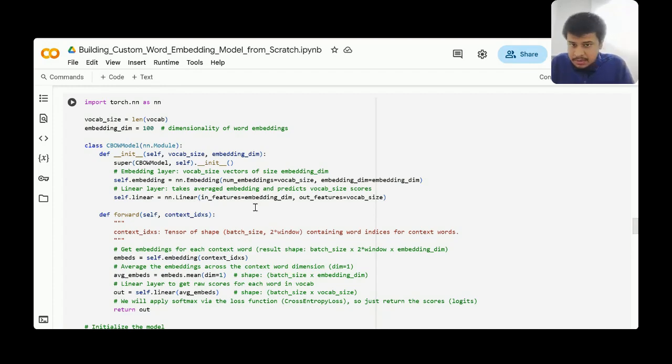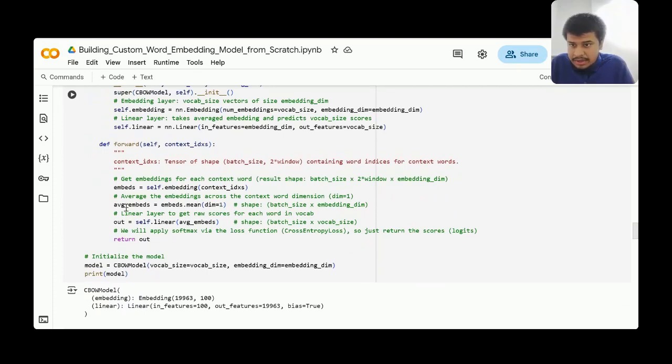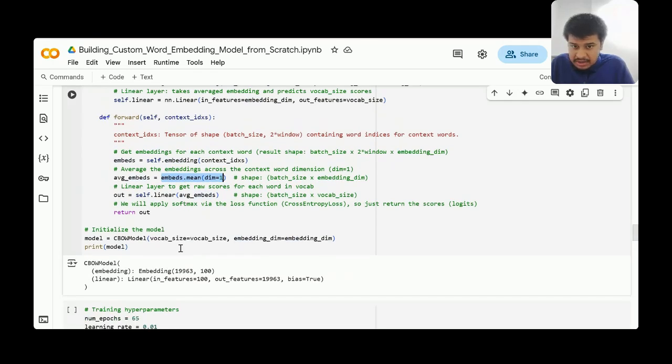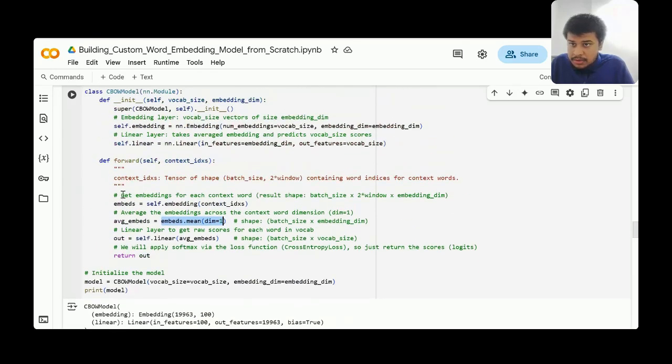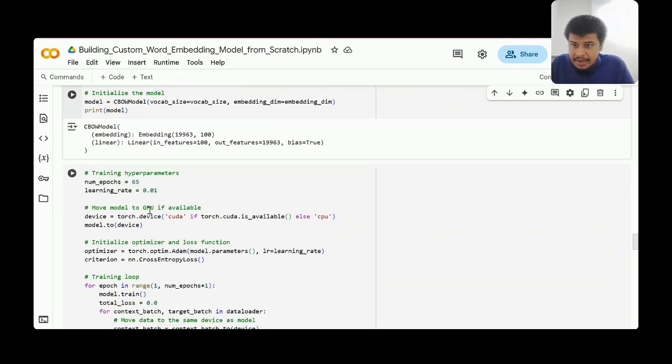aggregation layer. Fine. So we have this, and then we forward it, and then we get the average. So here is where we get the average embedding. Fine. So you can directly see it here. So this is the whole model. Inside this, we have this forward, and it's very straightforward. Okay, so we initialize the model, and we got the model's whole architecture printed here, and then we train the